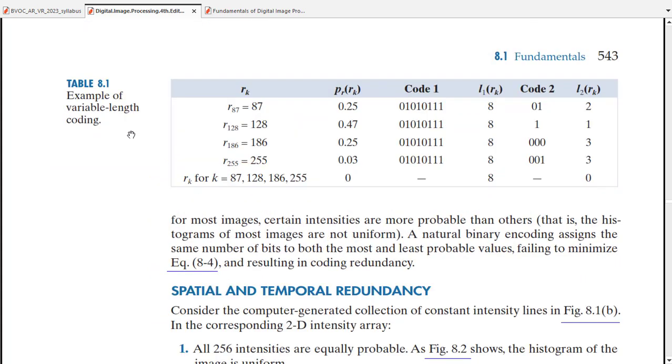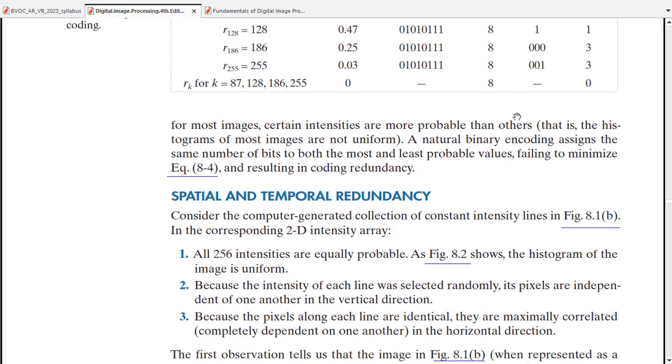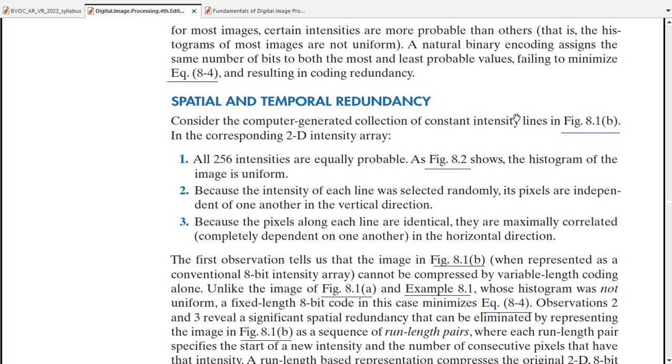So an example of variable length coding: Rk, that is the case 87, 128, and then 186 or 255, that is the length of this variable length code. And then the calculation of Pr of Rk and the coding redundancy, code 1 and L1 of Rk, and code 2 and L2 of Rk. And the spatial and temporal redundancy is represented by the information of a 2D intensity